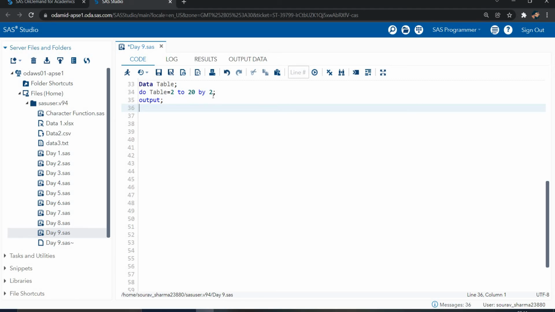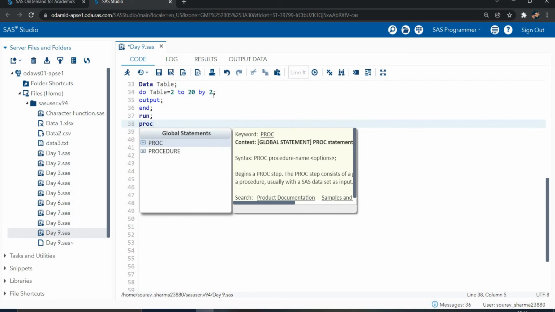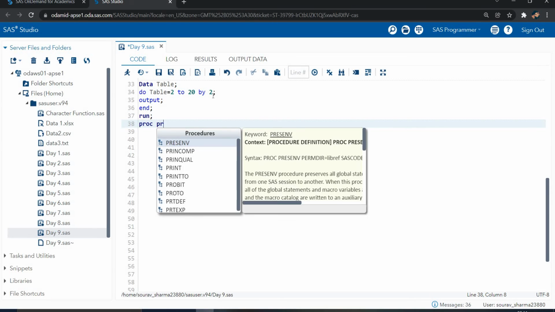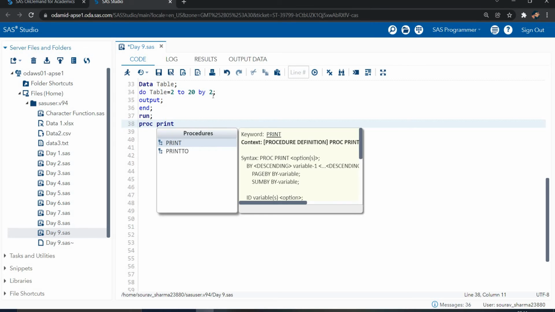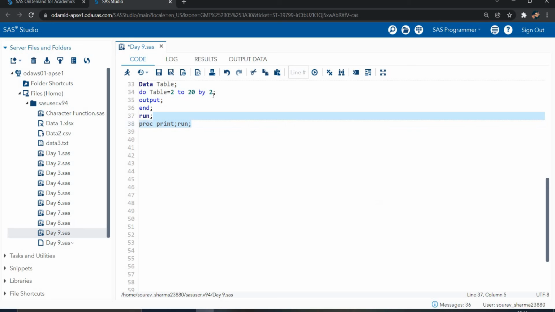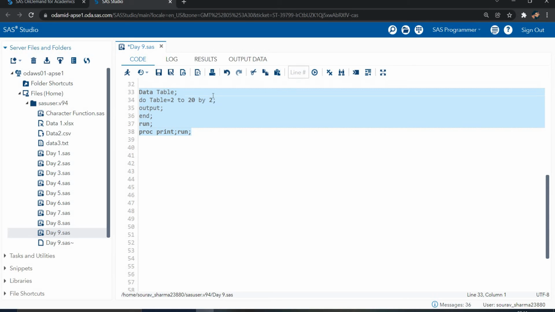Step value by 2, this is a step value. Then output statement, then end statement, then run statement. Now proc print, then run statement.